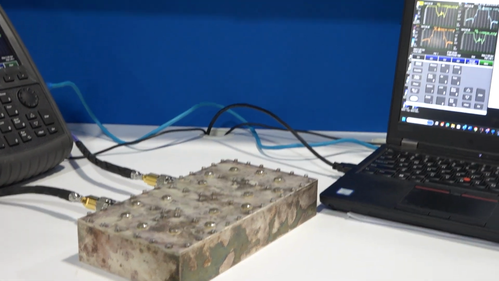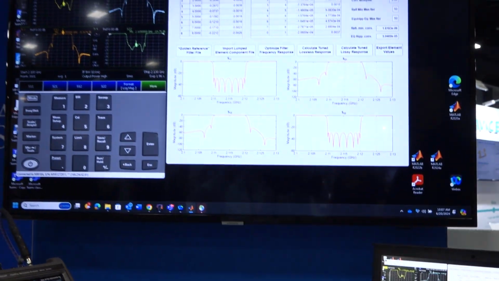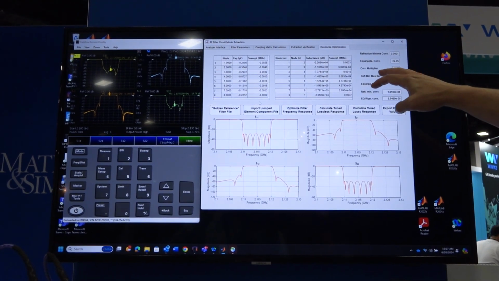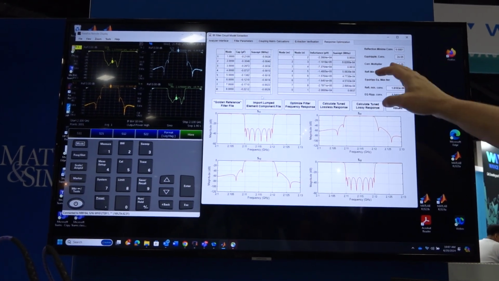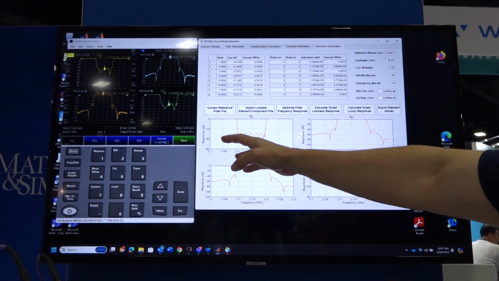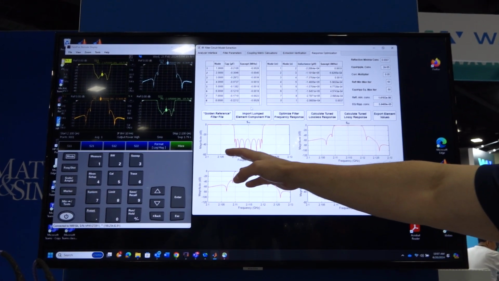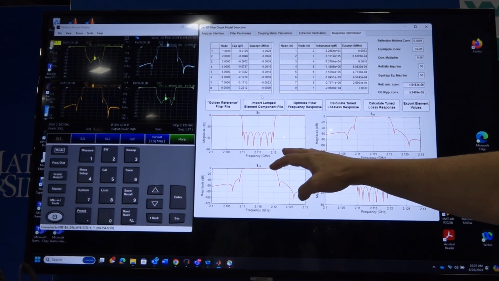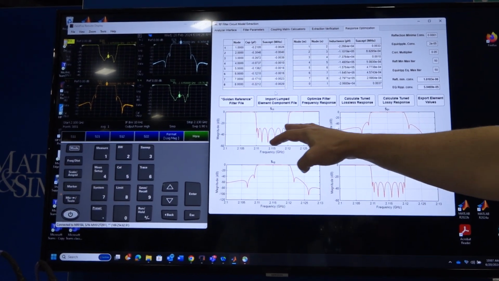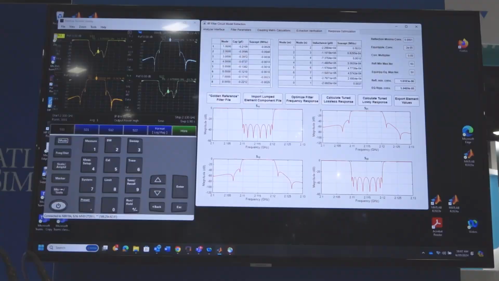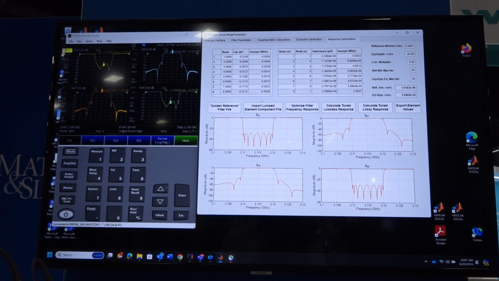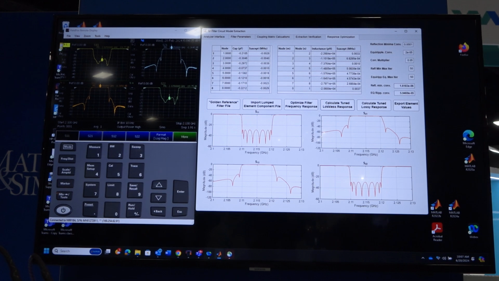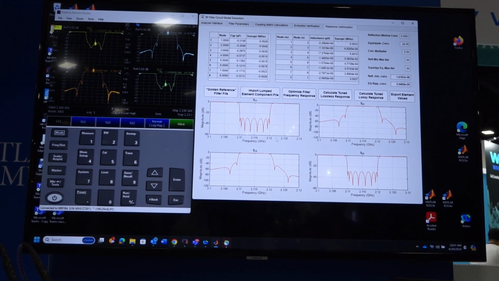In combination with a gradient optimizer and selecting a couple of key cost functions, i.e. the reflection coefficient value at each of the reflection zeros, along with setting up the standard deviation of the local maxima, an optimization or calculation of these lumped element values can be performed so as to achieve an